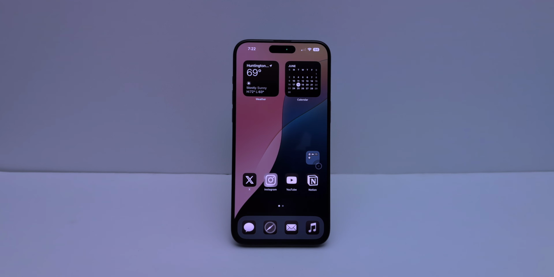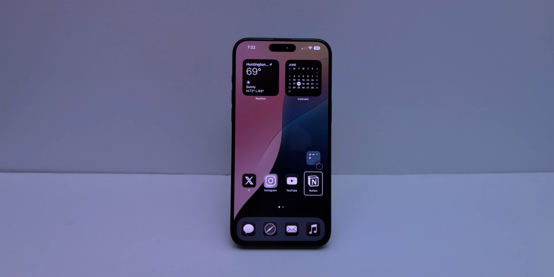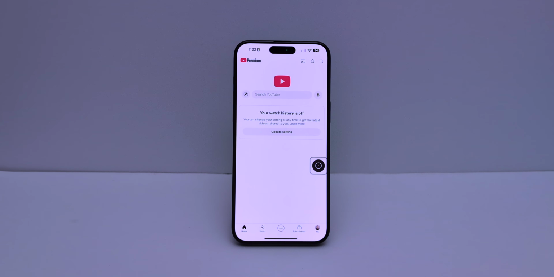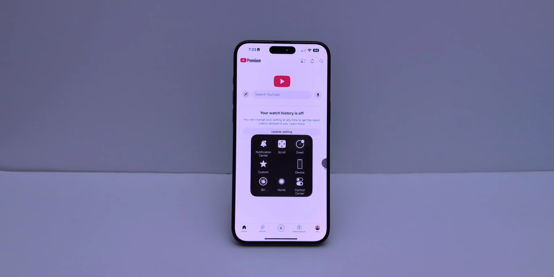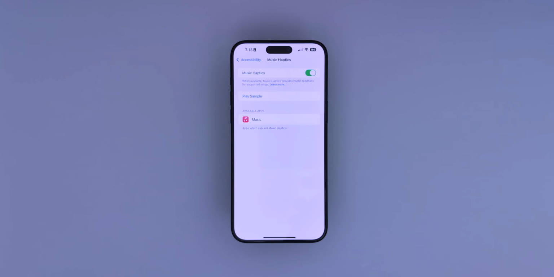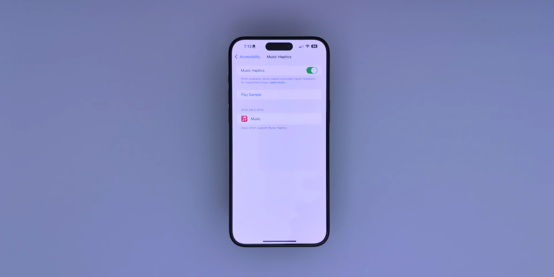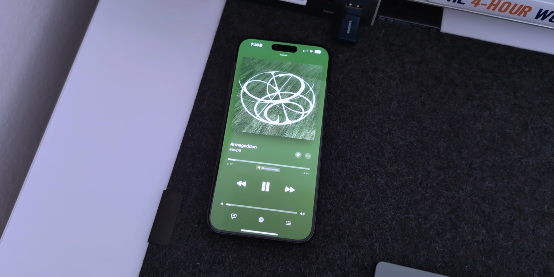Again, it's the first beta, so it's not very accurate. To select something, look at the area, and keep the cursor hovered on it. And to access system controls, just look at the menu circle. Music Haptics allows you to feel your music. It uses the haptic engine to play different vibrations that match the beat of a song. It only works with Apple Music, but there'll be an API for developers.